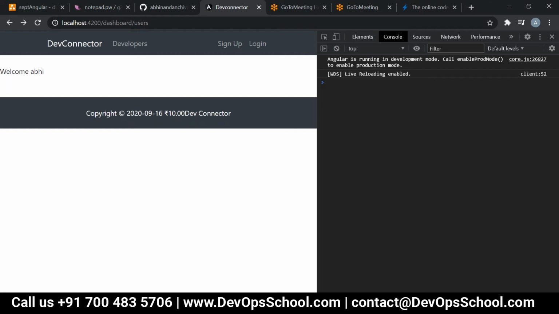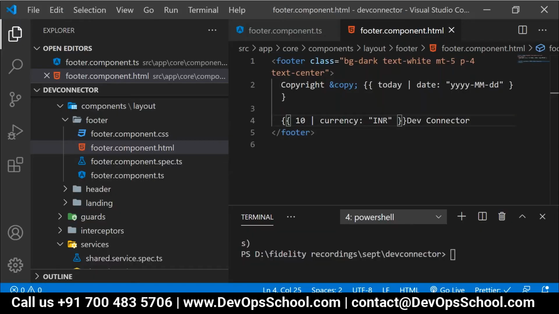Okay. So, people, actually, this is not a correct place, but because of time, I'm showing it over here. Is it fine now? You should just know how to use it. Clear? So in this way, people, if you want, you can design custom pipes.